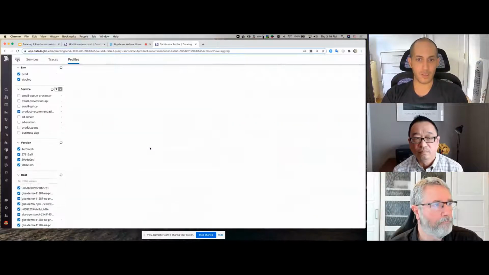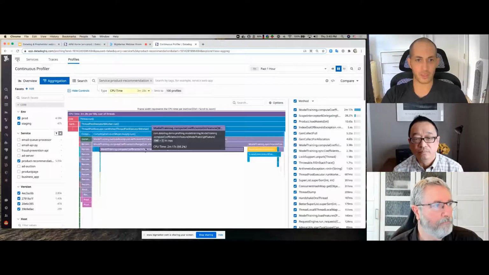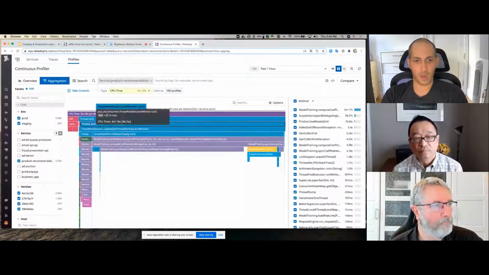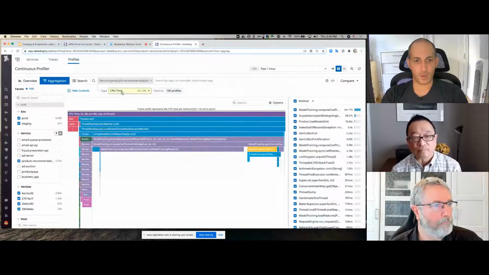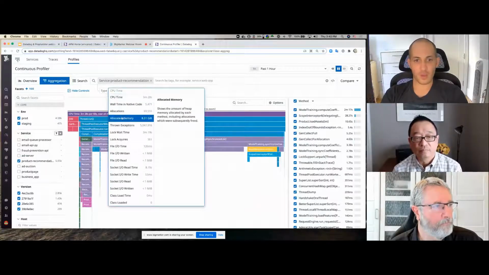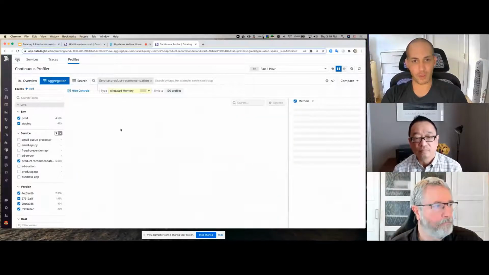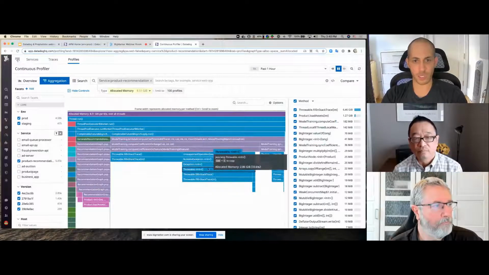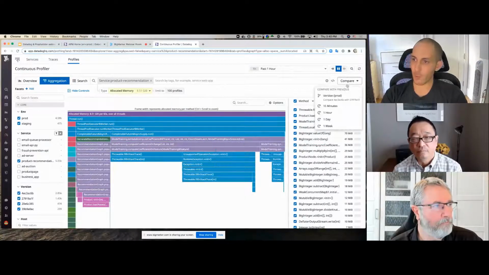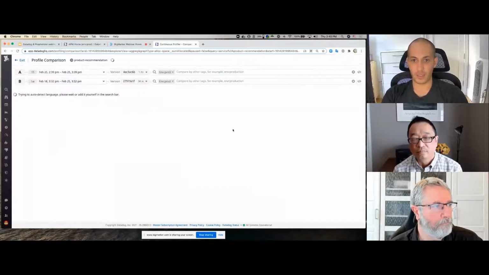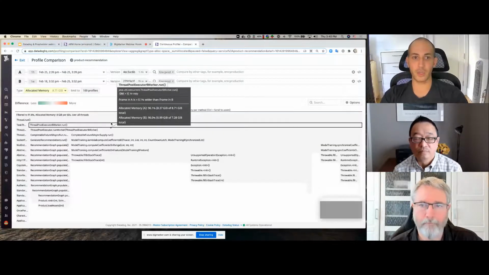I can look at the service in aggregation and understand things such as where the CPU time is spent, and which methods allocate the most memory across these requests and service. And I can even compare it to my previous version and see maybe some of the code changes that we introduced significantly increase memory utilization at some part of my app,